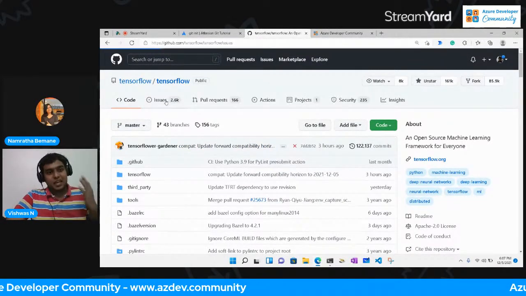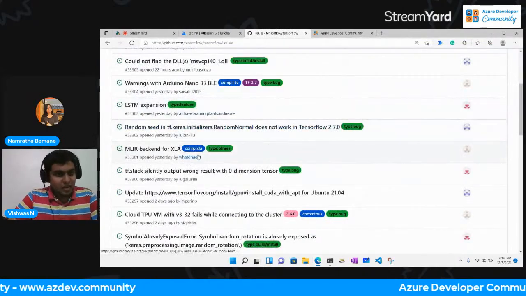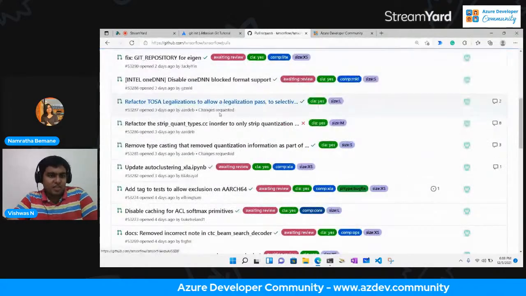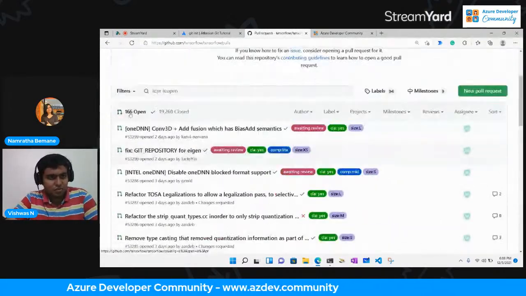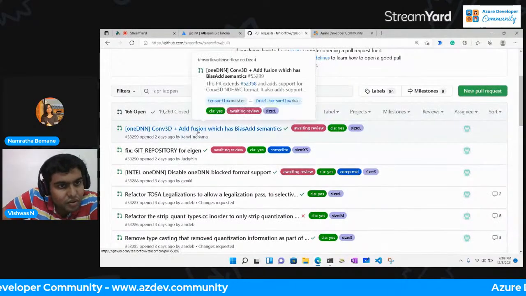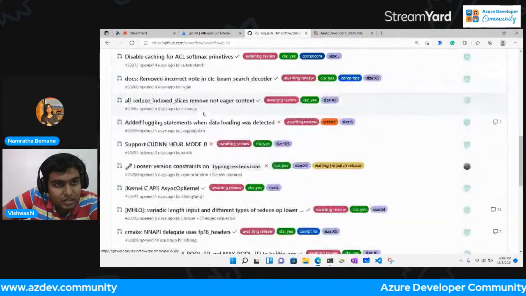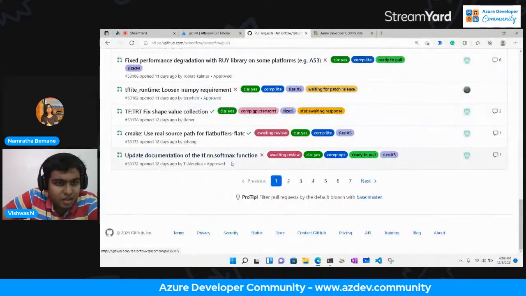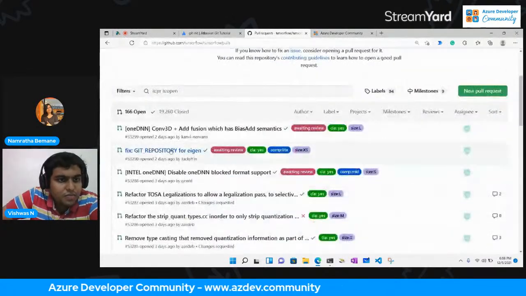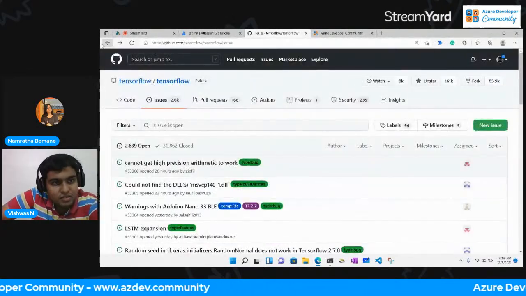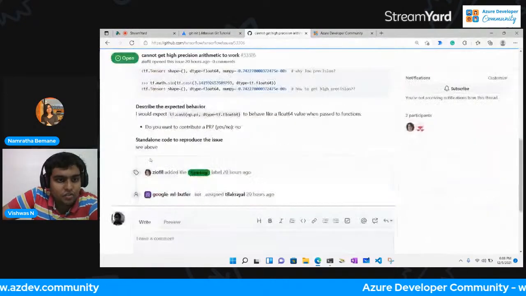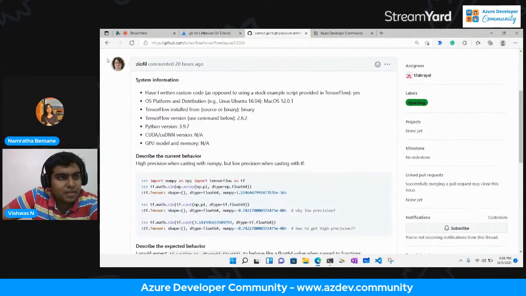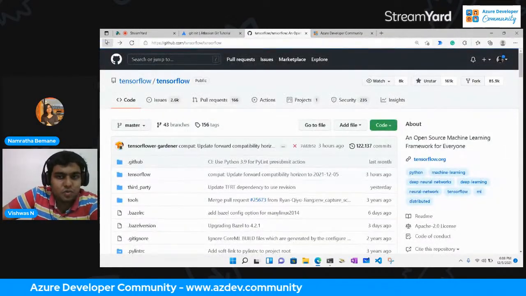It has issues, good first issues, and there's also complementary stuff which is always there, and you can also see how many pull requests have already come. One of the pull requests was actually raised 2 days ago. I think Kanvi Khanna something. Somebody else actually did that and things like that. So there is always a way in which you can contribute to this entire thing. You can have hundreds of comments, and you can say, I've solved this, and everything starts working, right? This is what PR is all about.